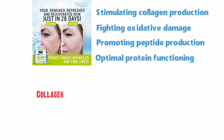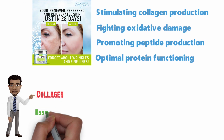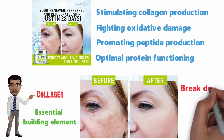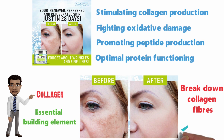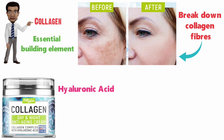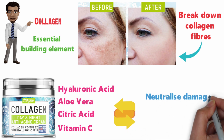Collagen is a very common protein in your body as an essential building element. Free radicals poke holes in and break down your collagen fibers, causing the skin to thin. This powerful formula features hyaluronic acid, aloe vera, citric acid, vitamin C, combined with collagen to neutralize this damage, bearing